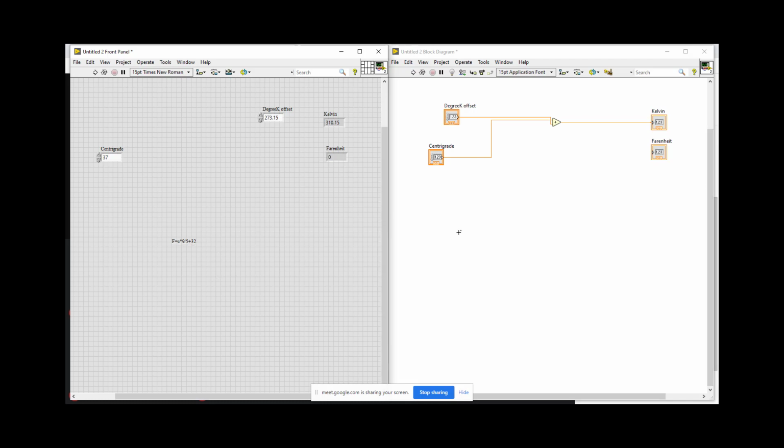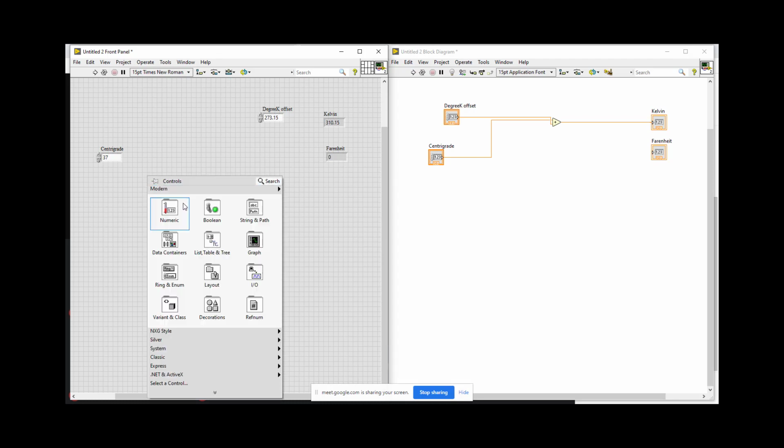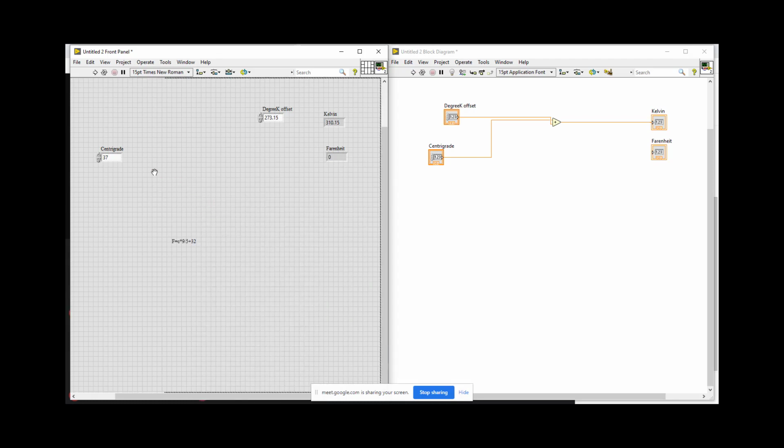So to create this formula, what we are going to do, first of all, we have C, this centigrade value. So we are going to multiply it with 9/5. Okay, so for that, we need one input 9, one input 5, and one input 32. So we need 3 inputs, again, numeric inputs.